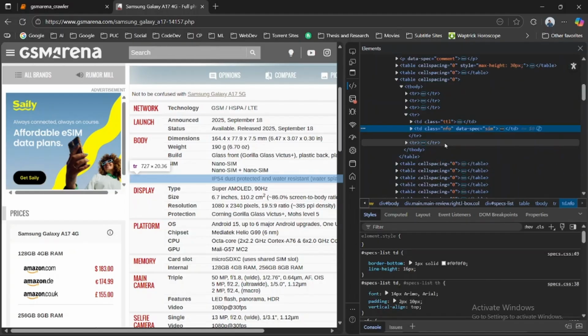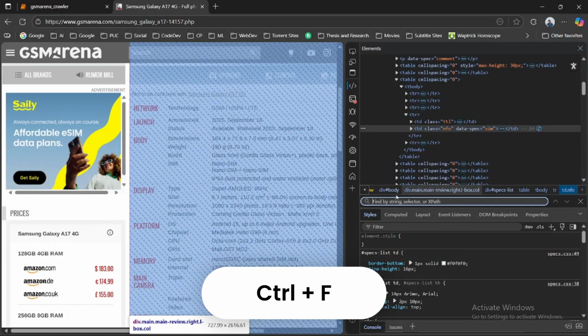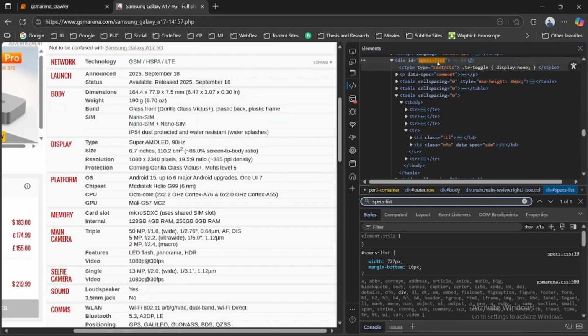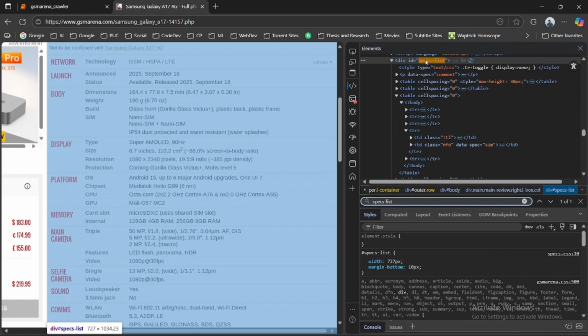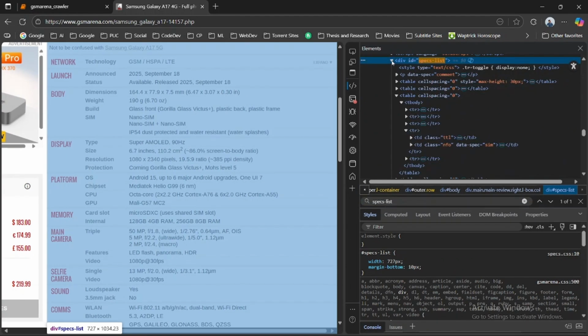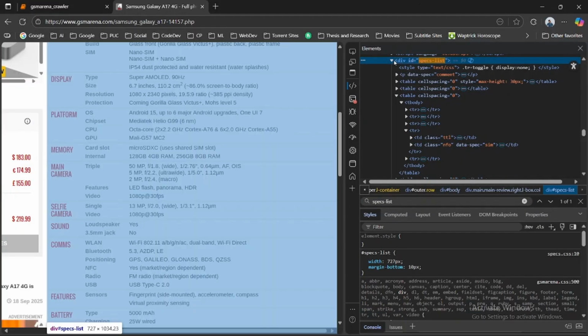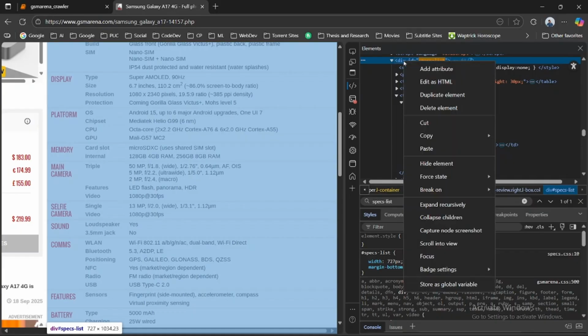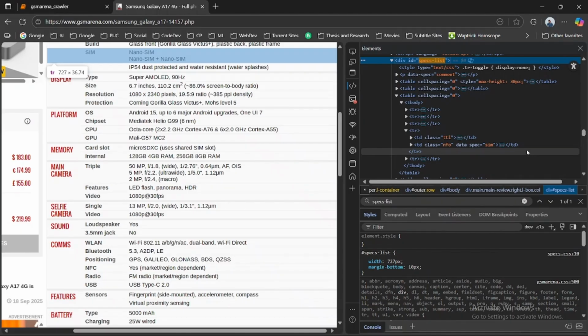Now I will just press Ctrl+F and search for specs list. And there it is, a div with an ID specs list. That's the container that holds all the tables of phone details. I can right-click this element, go to copy, then copy outer HTML, and that's the exact snippet I will be